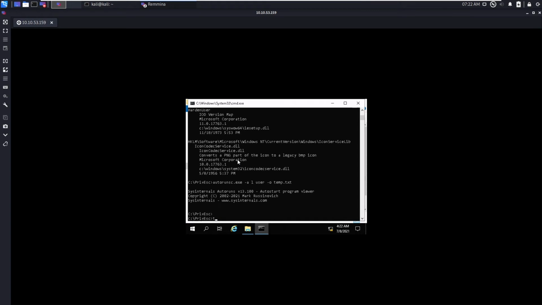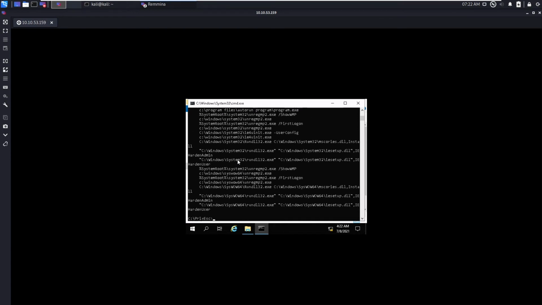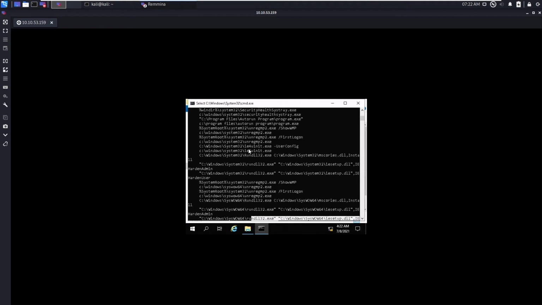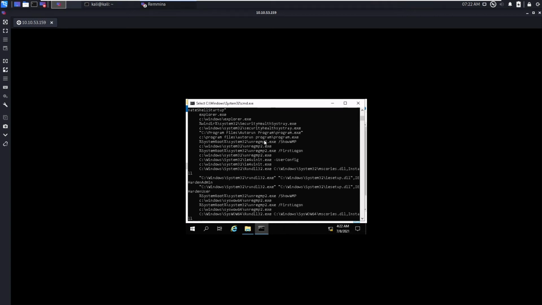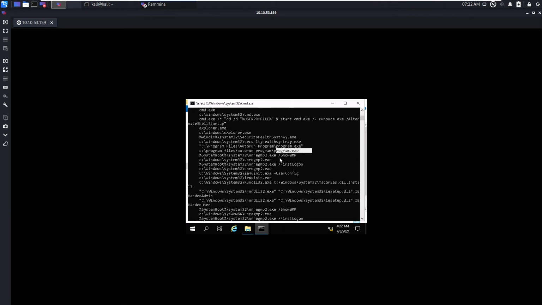Now I can output temp.txt and grep using findstr. I want only the exe files. Let's hit enter, and you can see now we have rundll32.exe, and now we need to find the odd one out, right? rundll32, ie4uinit, I think it's Internet Explorer, and now you can see there is a program.exe, so that can be an odd one, right?